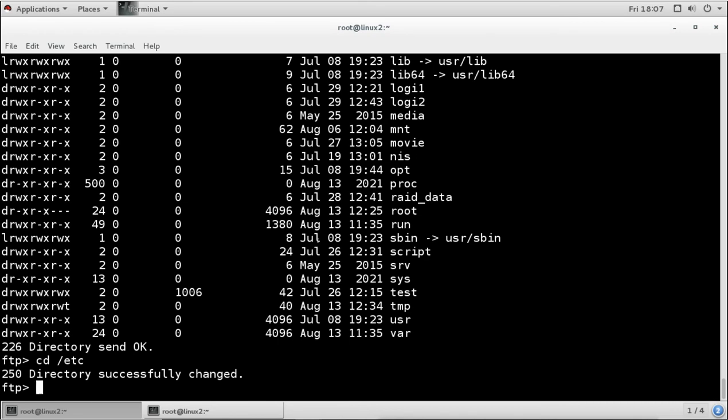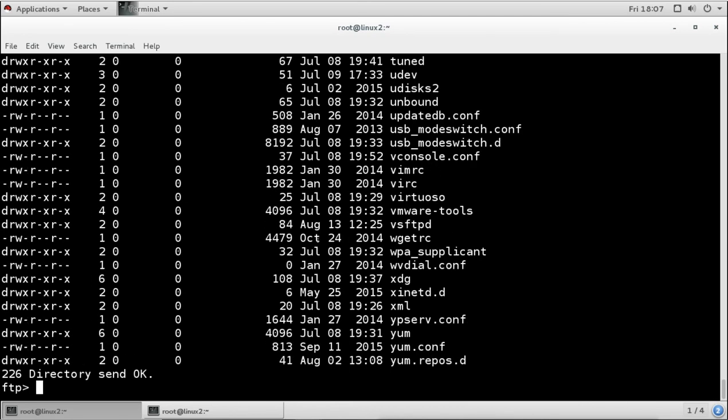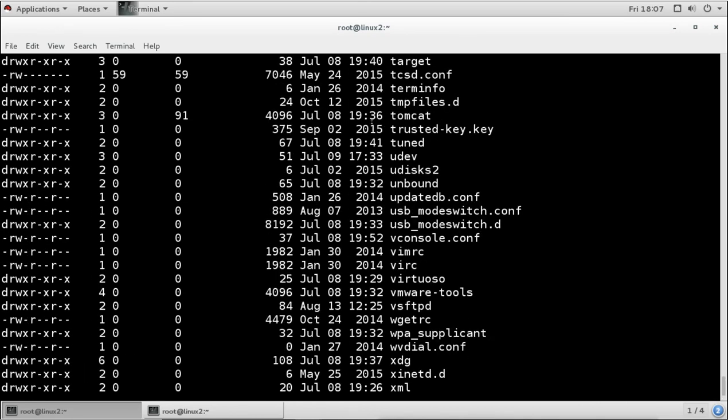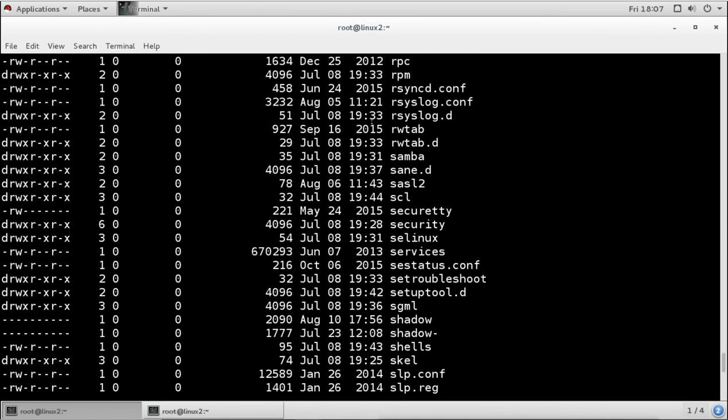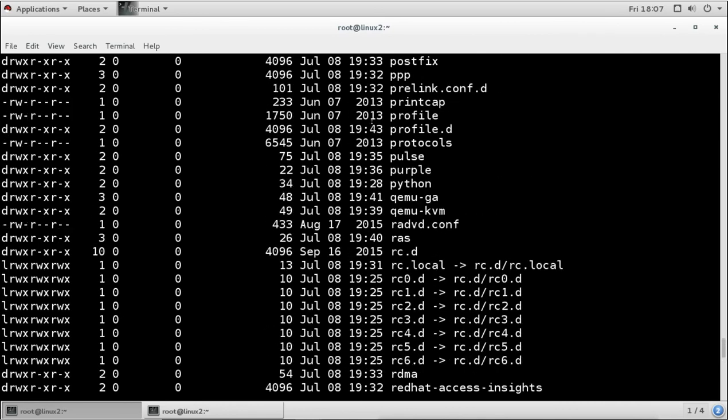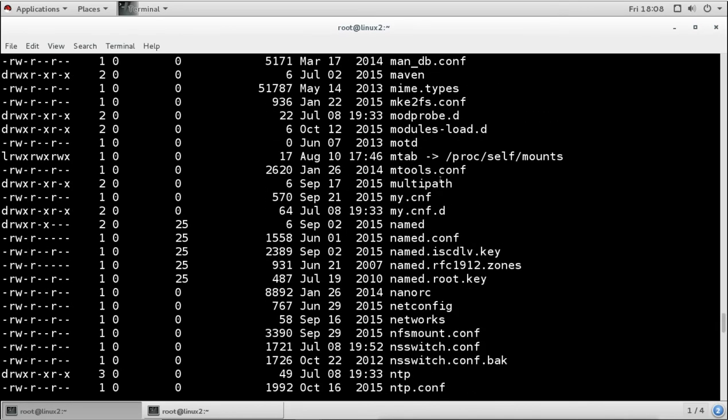Changed successfully. When it gives the list command, it sees all the configuration files under the etc directory. Remember, it is a normal user, but still it is seeing all the files, and where the other users have the read permission, it can read those configuration files and also download them. You can see the read permissions. It can see the configuration of those files, and it can download all the files which have read permission for others.